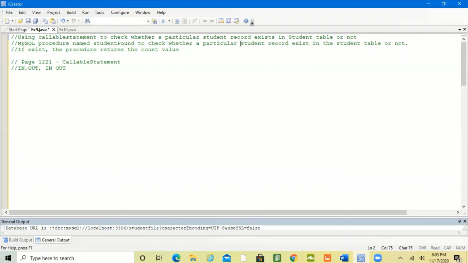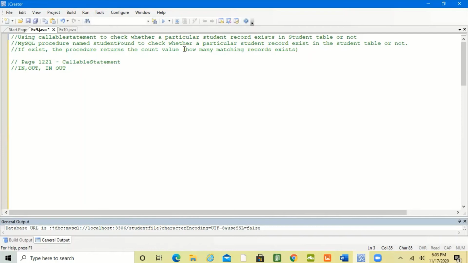It's going to take some details of the student, that is the IN parameter. And the OUT parameter is going to return the count value, how many matching records exist.